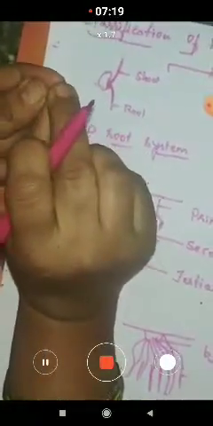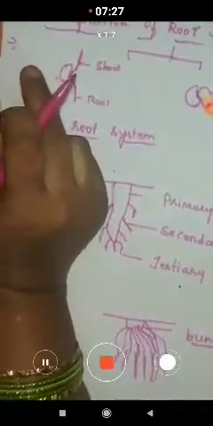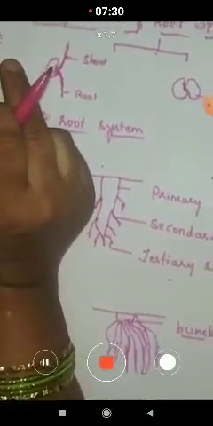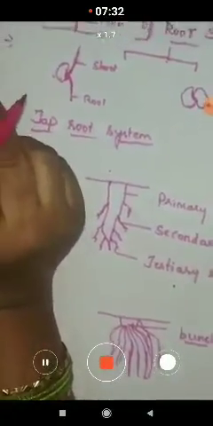Whereas when you take up the rice grain, there you cannot open two cotyledons. There are no two cotyledons. Only a single cotyledon is present in the rice grain, in the jowar, in the wheat. So all the cereals, ragi, you cannot open into two cotyledons. The two cotyledons are not present in these plants.